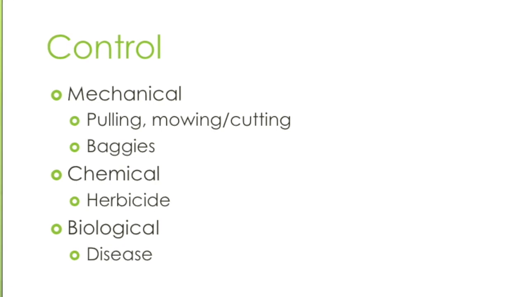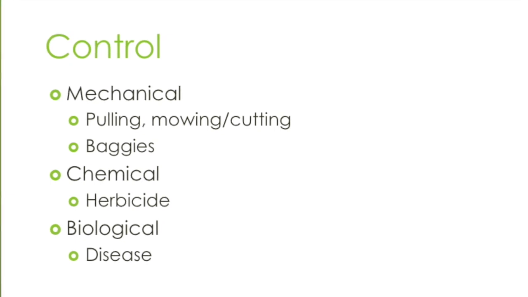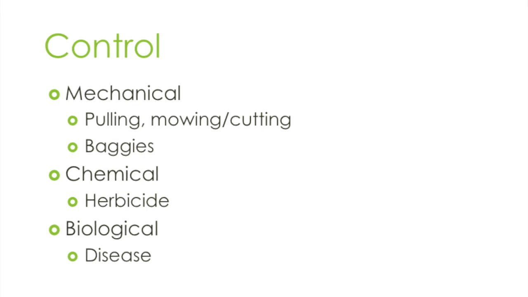The last tactic is biological. This is not as common as the other two, but researchers from the University of Minnesota are working to find a buckthorn disease phytoplasma in the United States. It is referred to as witch's broom disease, as it causes clusters of thin twigs to arise from a single point on the stem. Currently, it's only in Europe where the plant is native, but possibly this disease could be used in the United States to eradicate the species.